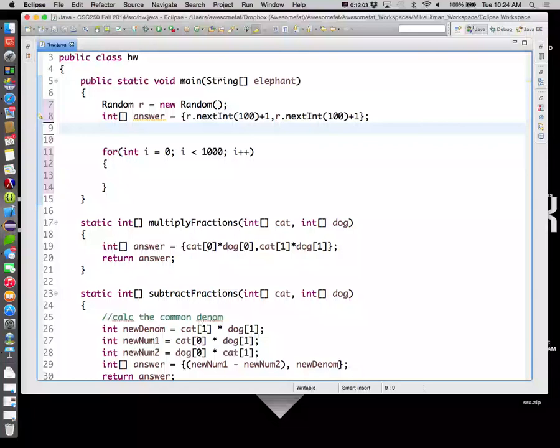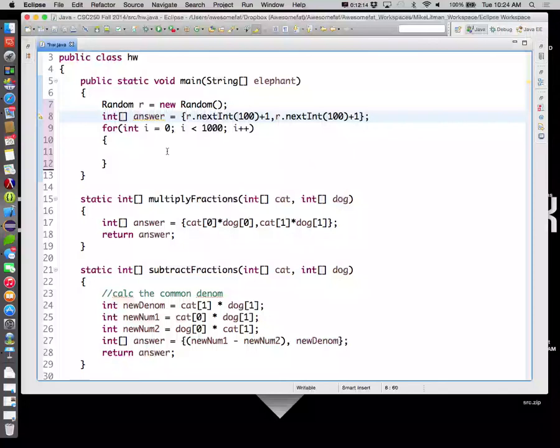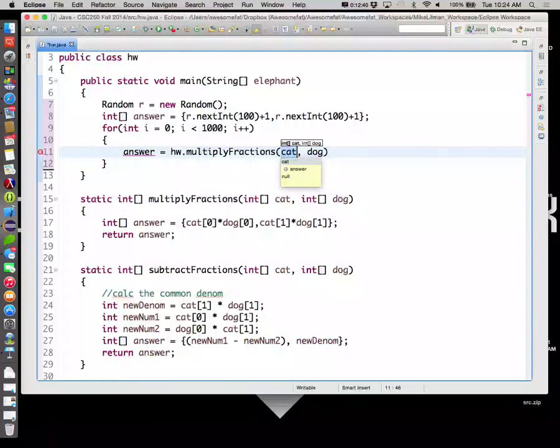Okay, then that should be okay, actually. We'll just need an initial answer. We want the answer to be our initial fraction. I'm priming the pump, if you will, just before we get into this loop so I can use answer over and over again. So what I'm going to do in here is I'm going to say answer is equal to, and we'll just do add. That should be, actually let's do multiply. Multiply fractions, answer,